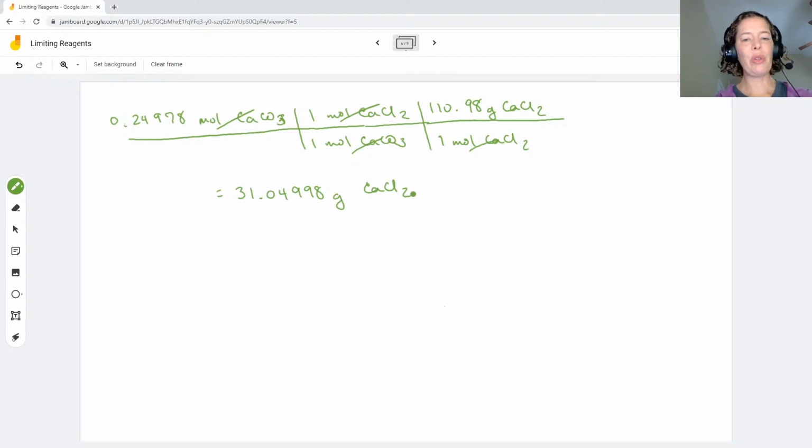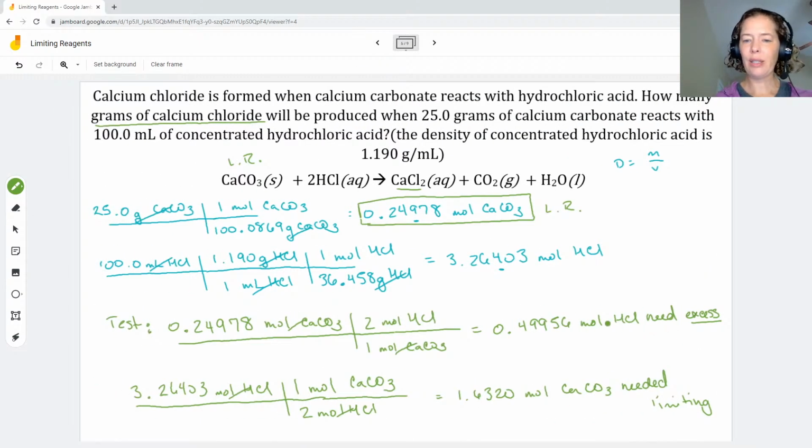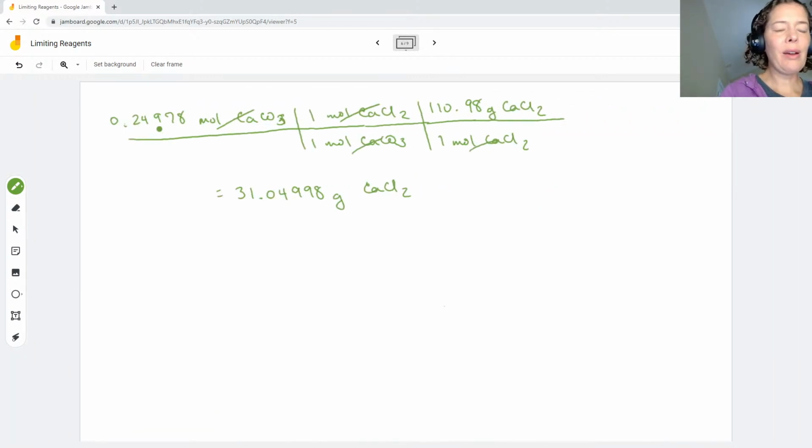And now let's determine our sig figs. So I need to go back to this page. So for our calcium carbonate, we rounded at that 9. So let me go back here and put my mark in. So I have 3 sig figs in my moles of calcium carbonate. I have infinite in my mole ratio, and I have 1, 2, 3, 4, 5 in my molar mass. So I'm rounding to 3 sig figs, so I'm going to round right there. So my final answer is